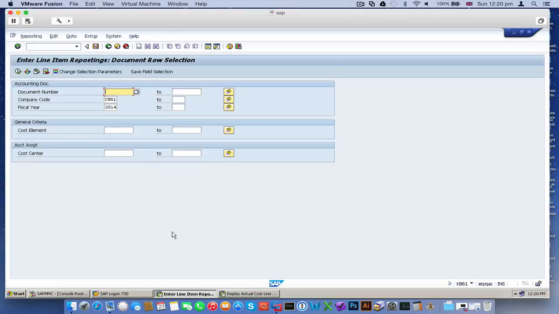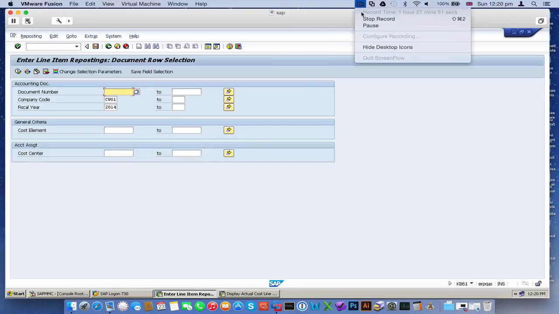KSVB. See this. There is a tab called. One second. You can find a document, but